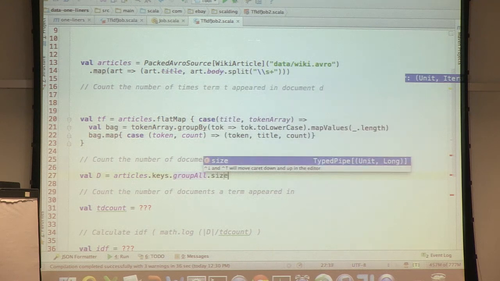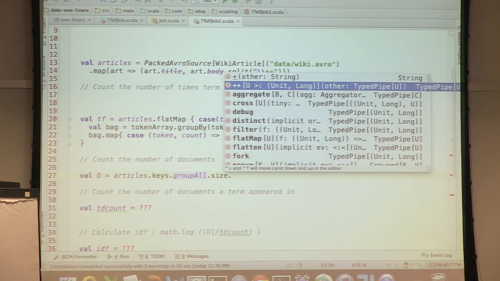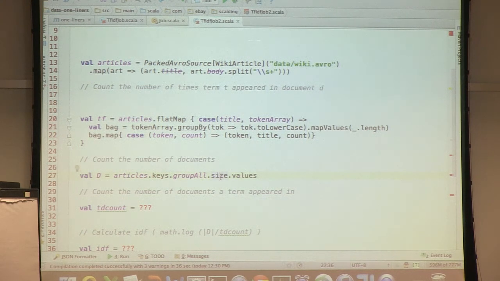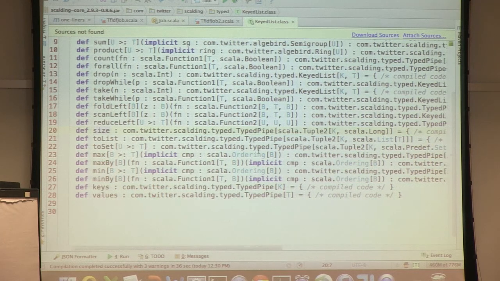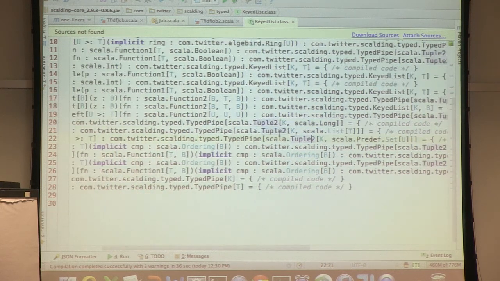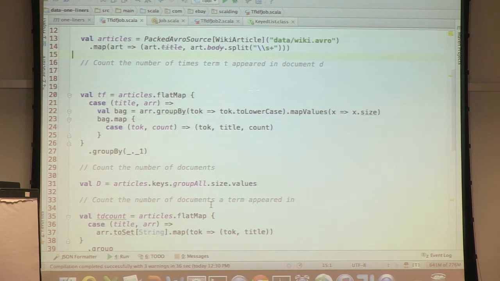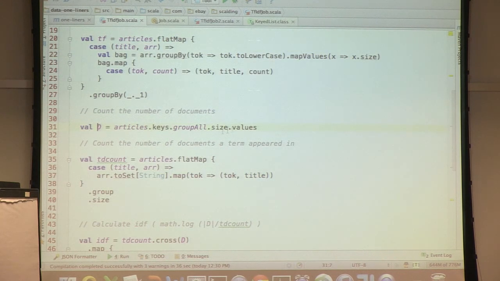And then size. Let me show you size really quick, and then values, because I really don't care about having the unit attached to my value. So size, just as a quick detour, is pretty darn cool. Oh shoot, we don't have sources down, do we? Size is basically using Algebird, using a monoid under the hood to map everything to, I think, long and then just summing. It's pretty slick. In fact, you can call sum after you group, and if you have a monoid in scope on the type that you're summing on, it will just do the right thing and sum using that monoid's plus function. So this is great.